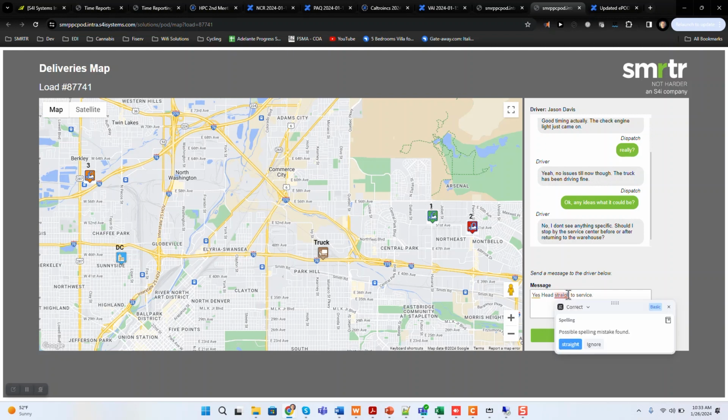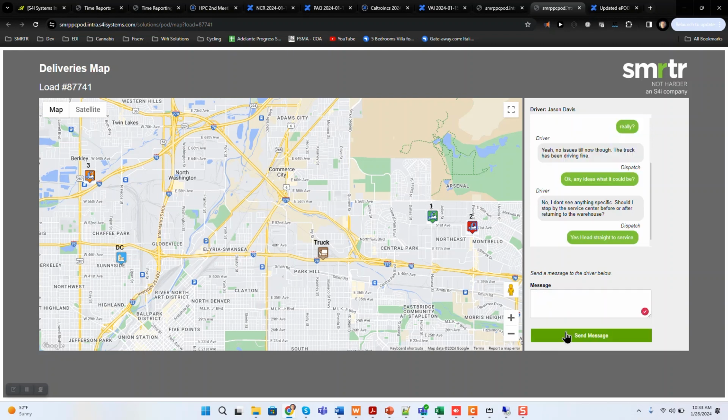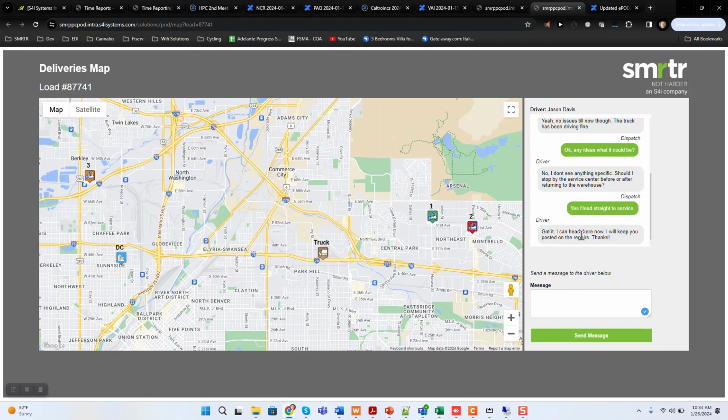There we go. Okay, so what we're seeing here is, okay, got it. It can head there now. Keep you posted on the repair. Thanks. Okay, so the point here is that we created the ability to communicate directly with the drivers from the